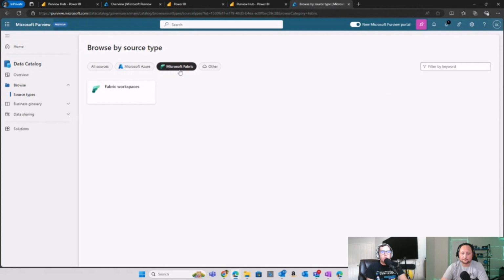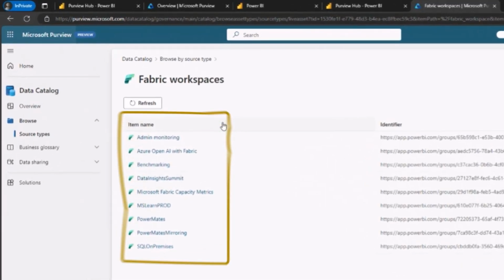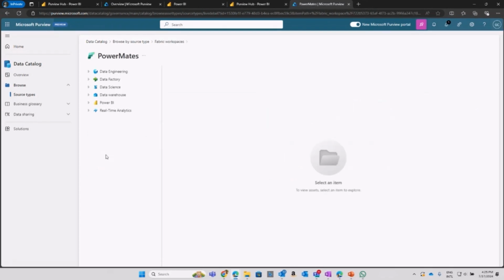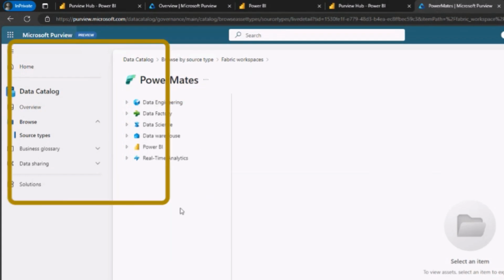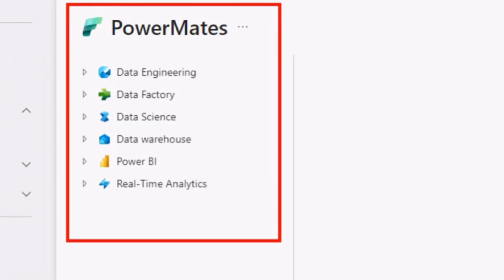As well, you can click on Microsoft Fabric and you can navigate within all your items. So if I click, for example, Fabric here, I can check all my workspaces in my tenant, and it is connecting directly to the Purview service and scanning all the items in my Fabric tenant. As well, I can click in any of the workspaces and follow down. So in this case, I click in one workspace and you can check that I have all my workloads from my Fabric tenant here. So I have data engineer, data factory, data science, data warehouse, Power BI, real time, and